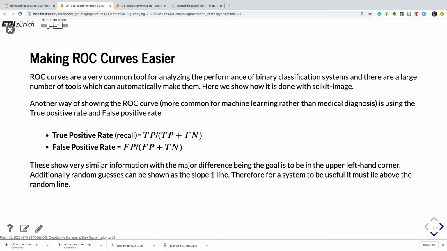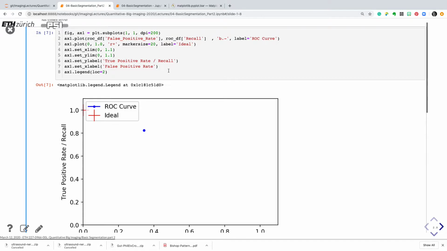What we do in the ROC curve is actually to look at the true positive rate and the false positive rate, and those are plotted against each other. And that can be done more or less automatically with the help of tools in the